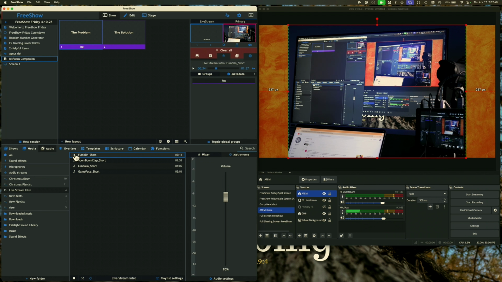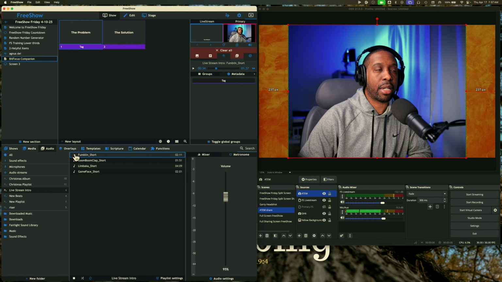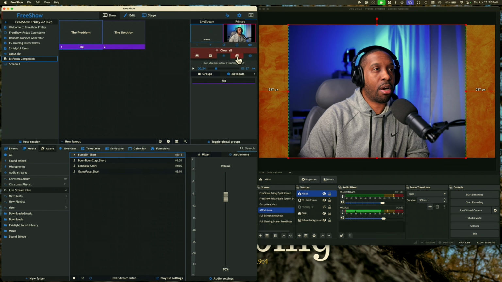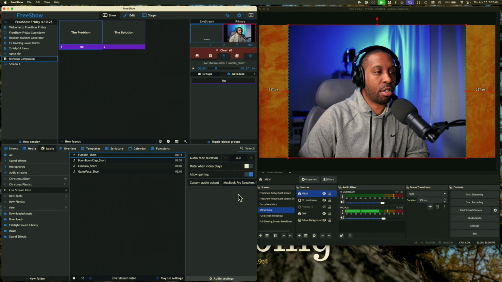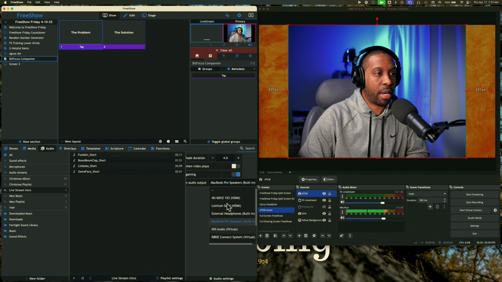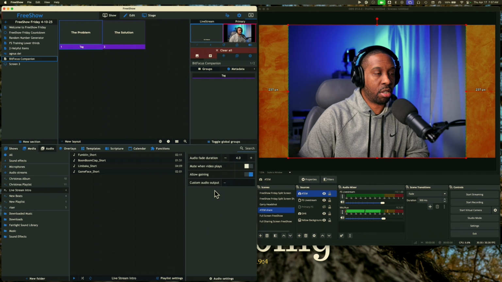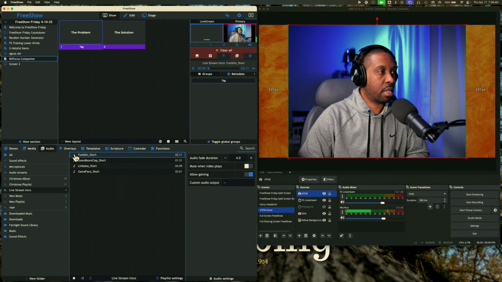So it did not work. Oh, let's go here. It didn't work until I cleared my audio. So whatever changes you make in your audio settings here, you have to clear your audio in order for them to take effect. So I'm going to go back and I'm just going to turn that off and it's going to go to my default. Okay. And then when I press play,